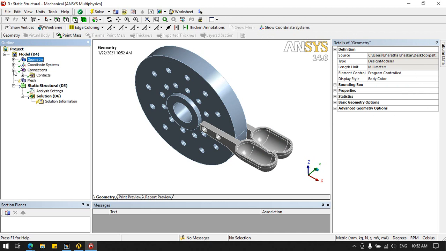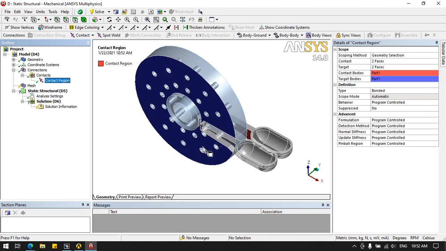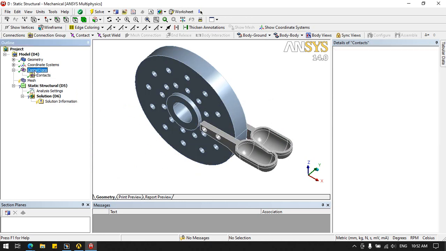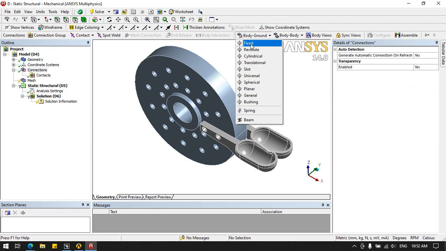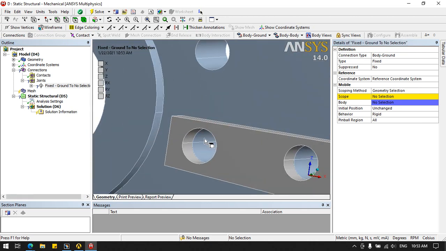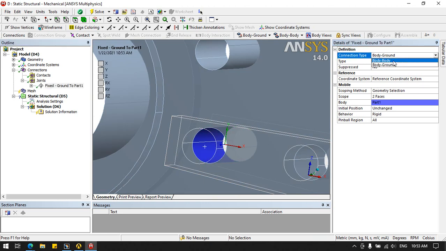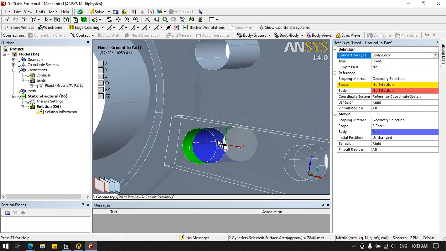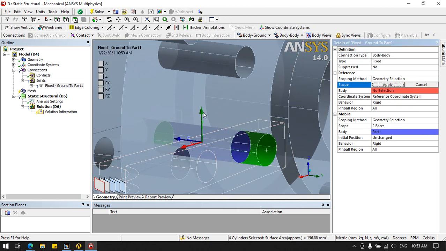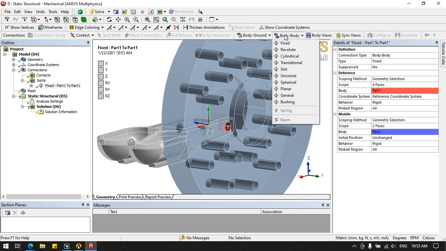Now by default we have a connection between these two like this. I don't want it. Delete this one. But I am going to create my own connection called joint connections, where we can put screws or nuts and bolts like that. Click on fixed support, select the disc. So here I am going to select body to body, two bodies are there, this one, then the opposite of that one also, like this. Similarly, body to body.